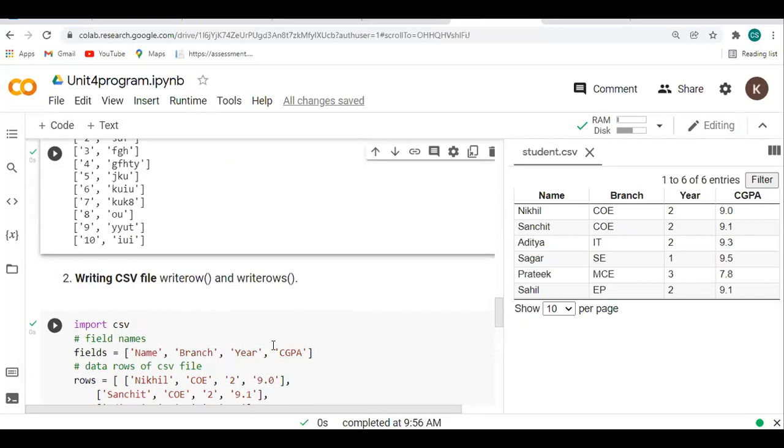Most of the time this CSV file format is used in deep learning and machine learning programs. Why? Because, like in image processing, we have a single image. Suppose here the Swary logo is there, and the variations of that logo, there will be more than 100 images. Some of the images are dark, faint, like that. It will be lots of variations.